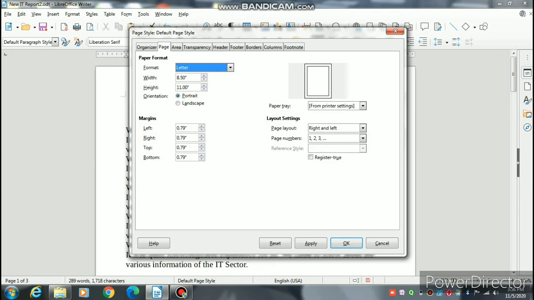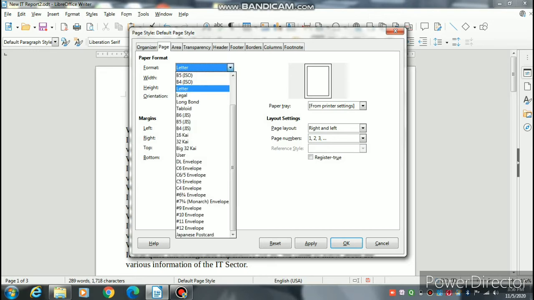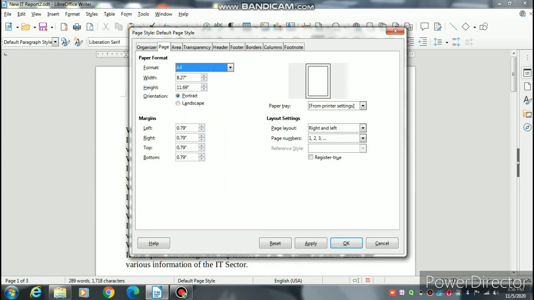Just click on Page. When you click on Page, you will get this dialog box. In that you can choose the page length, which type of paper you want to use. For the common document, we are using A4 size paper. So here it is A4 size. What will be the width, what will be the height, it will come. You can have the portrait or you can change to the landscape. Here you can see this is called portrait and this is called landscape.